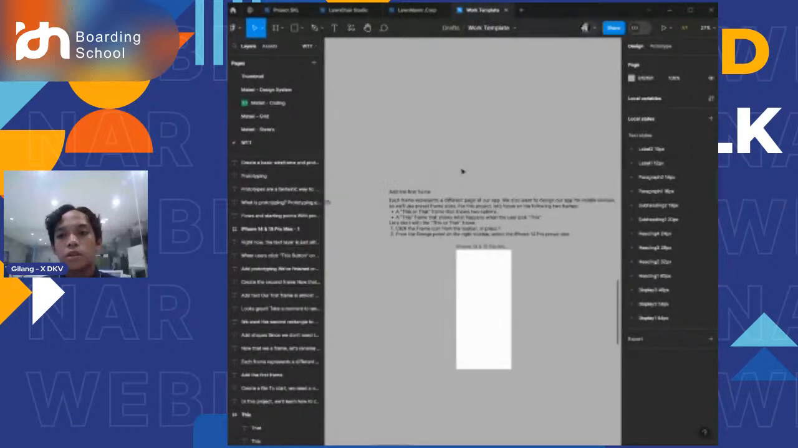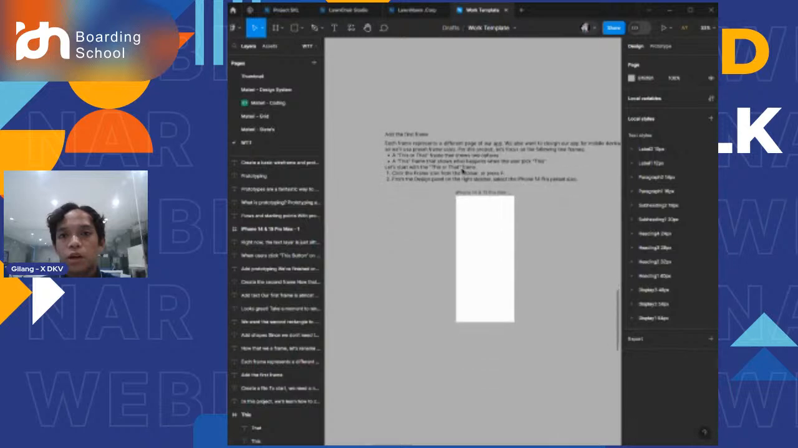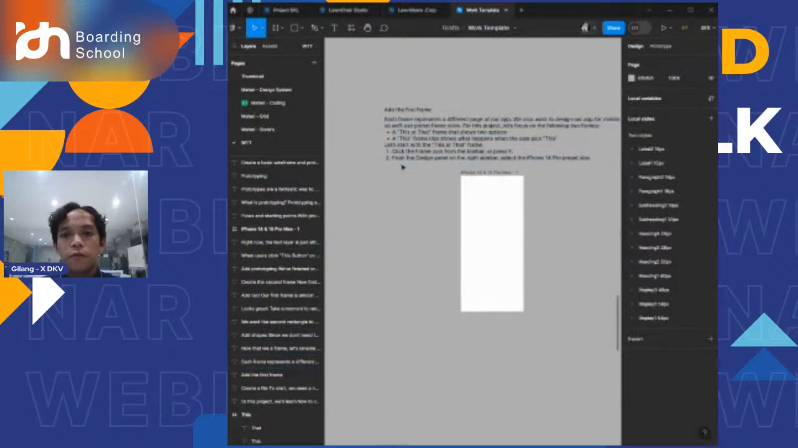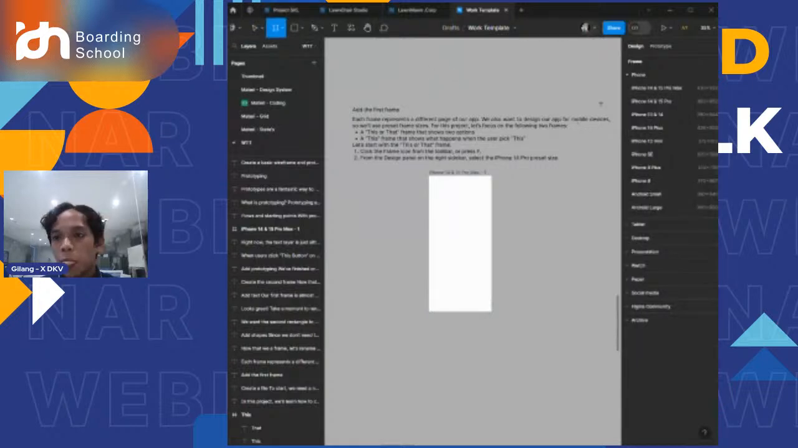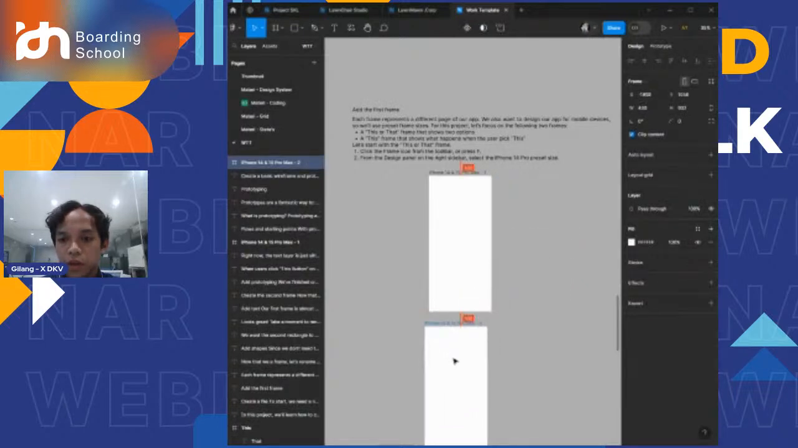And then after that, if you're done on your Figma draft, the second thing is to add the first frame. Each frame represents a different page for our app. So the second thing you need to do is make a frame with an iPhone 15 Pro Max. And there you have it. This is our first frame